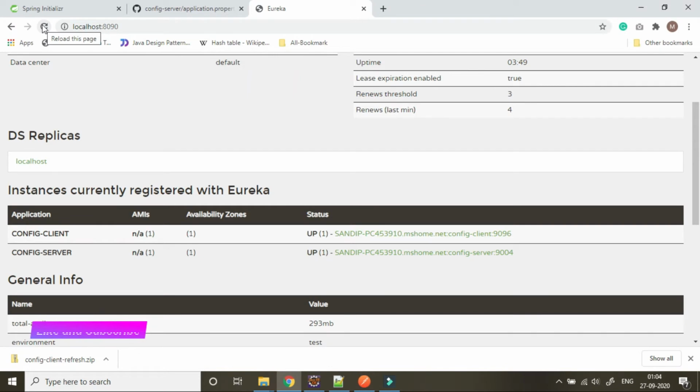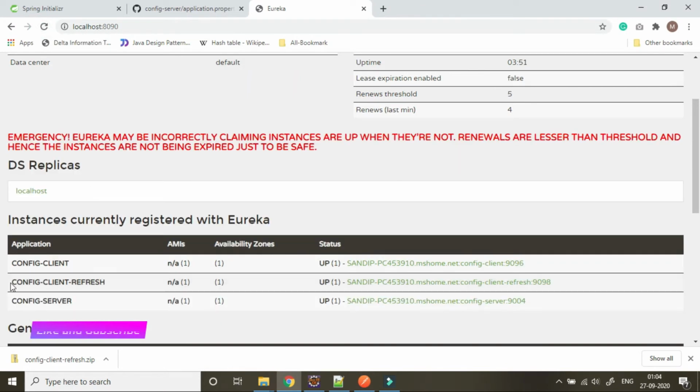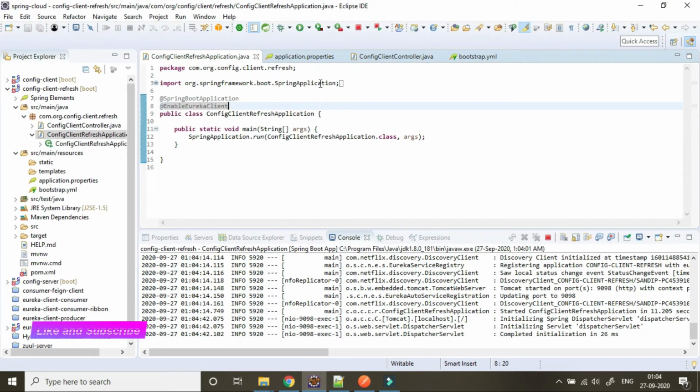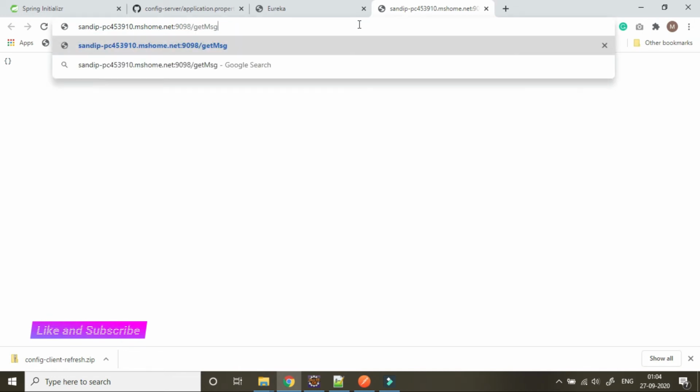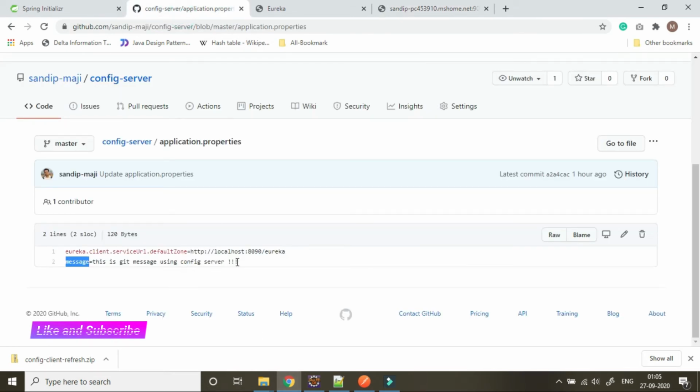Once we refresh the dashboard, we will see yes, our new service is registered. Now we will try to access our get message endpoint. Yeah, get message is displaying properly whatever we have defined in Git.